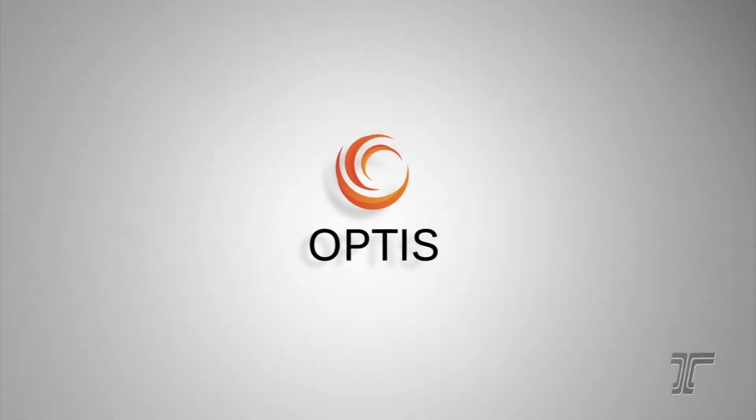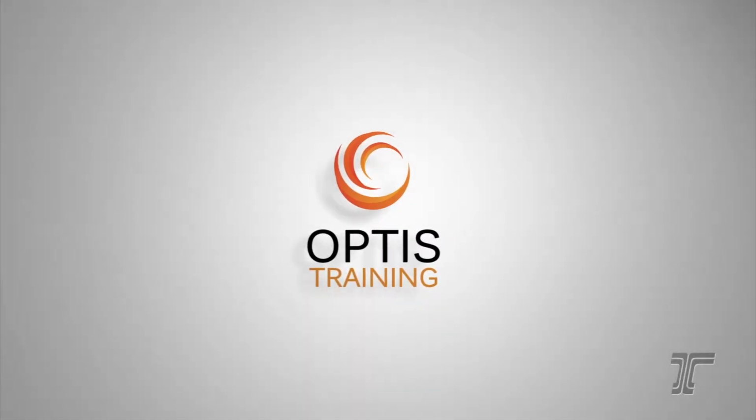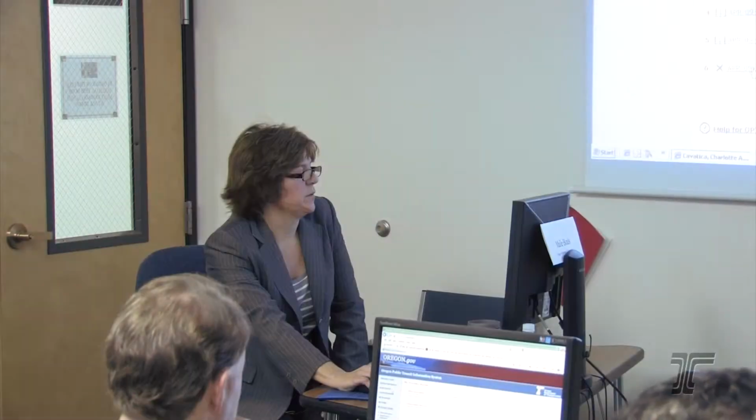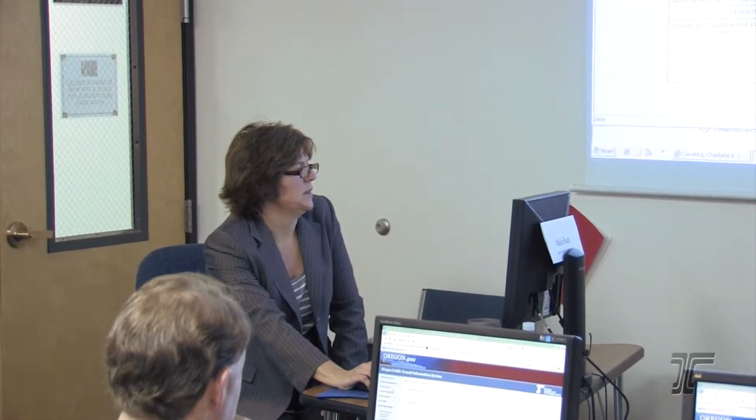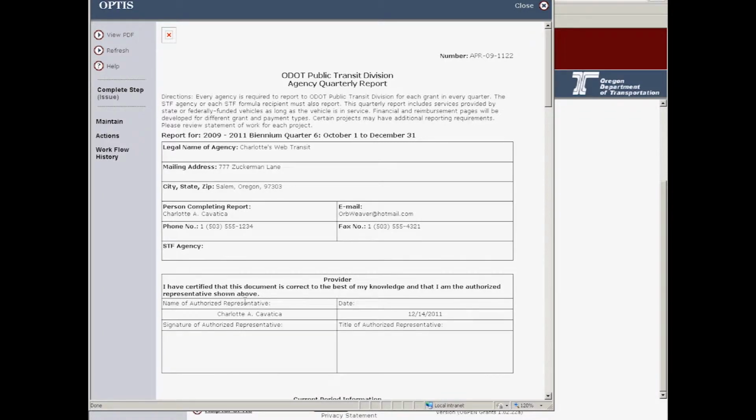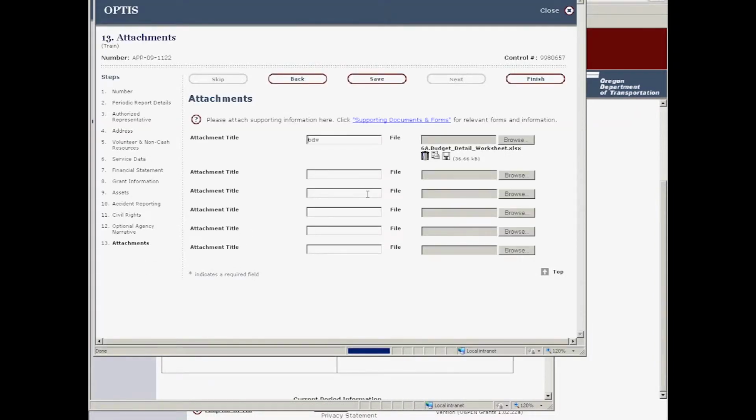Something that I forgot to show you earlier. It has to do with attachments. This is the one we worked on earlier. And Fern attached a budget detail worksheet, then she forwarded it to Charlotte. Charlotte's looking at it. If she realizes perhaps that this attachment isn't the correct one, it's the wrong quarter, or they want to redo it or something,